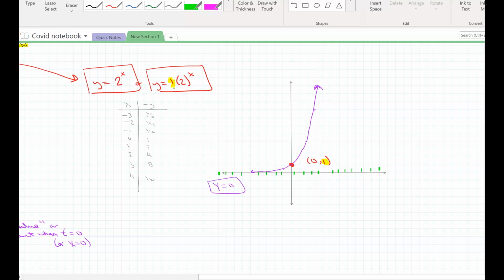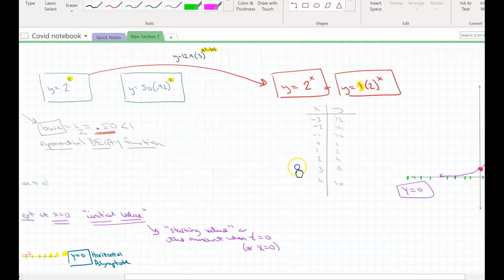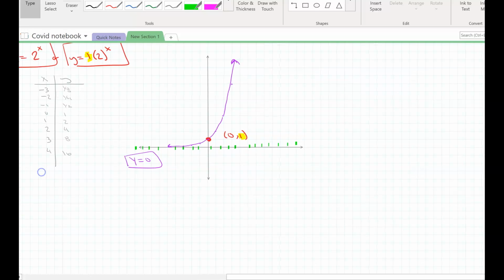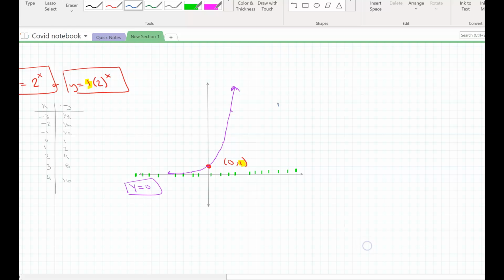Now I'm going to ask you what you think about nomenclature. We called this an exponential decay function. Let's see. This would be an exponential growth function. Okay, now let's make sure we say why it's an exponential growth function, because what is the base? The base equals 2, right? And 2 is bigger than 1, okay? Now, if the base equals 2, that's the same thing as